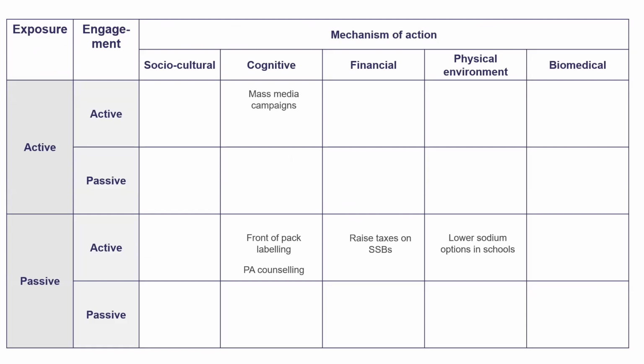Many of the ones in the WHO recommendations do use active engagements. That's why it's quite heavy here. But we have that recipients are required to purposefully interact with mass media campaigns, front of pack labelling, the physical activity counselling, the sugar sweetened beverage taxes, and changes to the options provided in schools. Once individuals have come across these, they still have to make a choice or take some action in order to